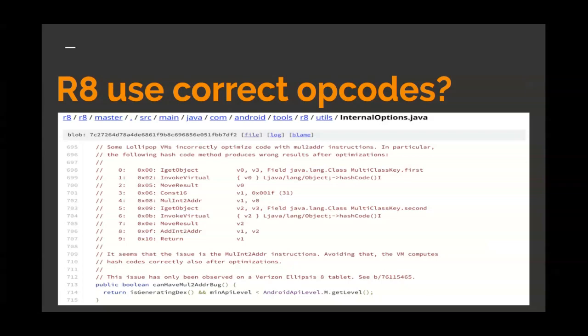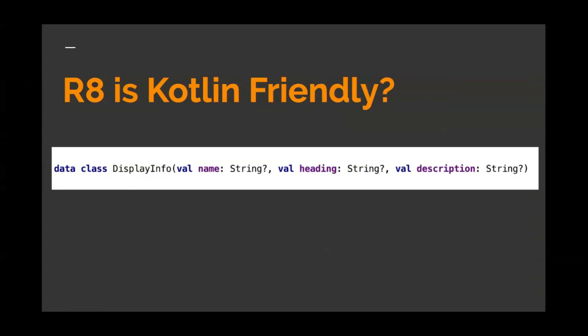Second thing, R8 is Kotlin friendly. How is R8 Kotlin friendly? We all developers love Kotlin as a language. It enables us to write beautiful and easy to read code. Unfortunately, the bytecode Kotlin produces contains more instructions than Java. The instructions I'm talking about here are the machine level instructions that you get when the code has been converted to bytecode. So Kotlin causes more work for the CPU than the good old Java. Here comes R8, which is more Kotlin friendly.